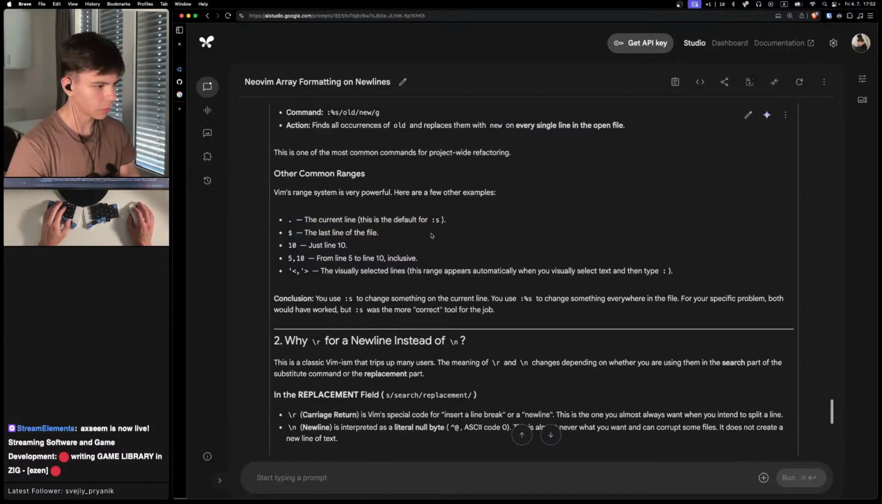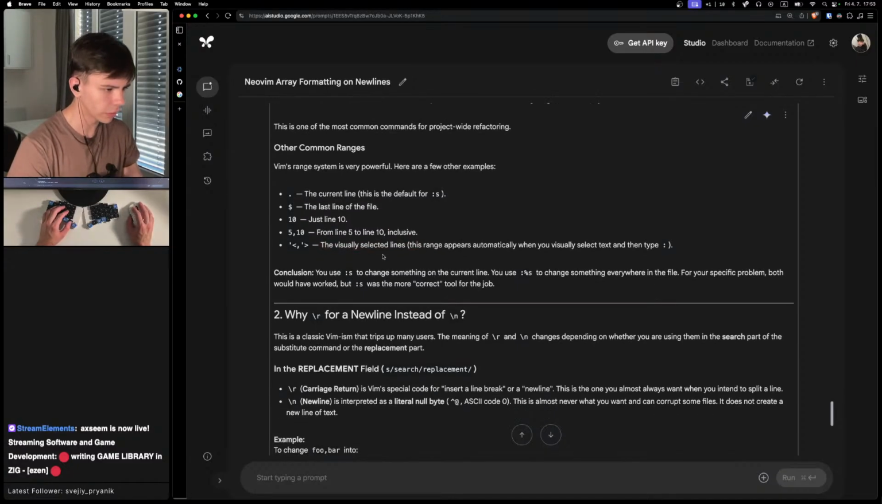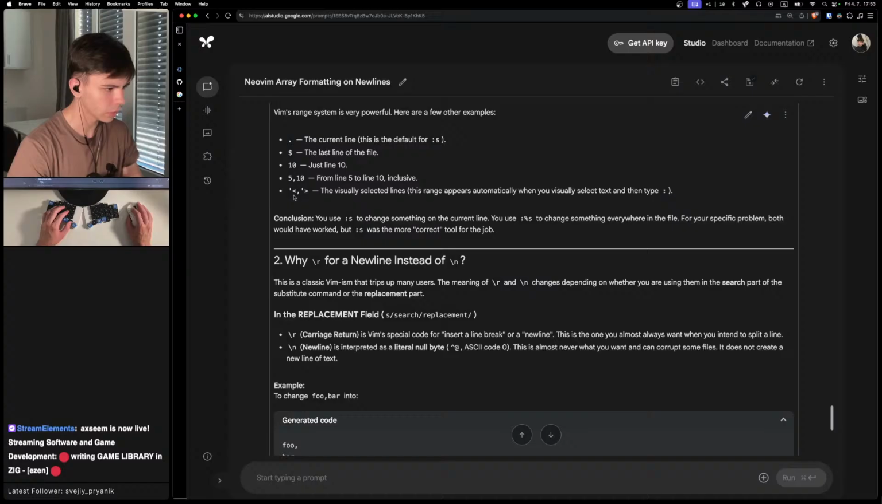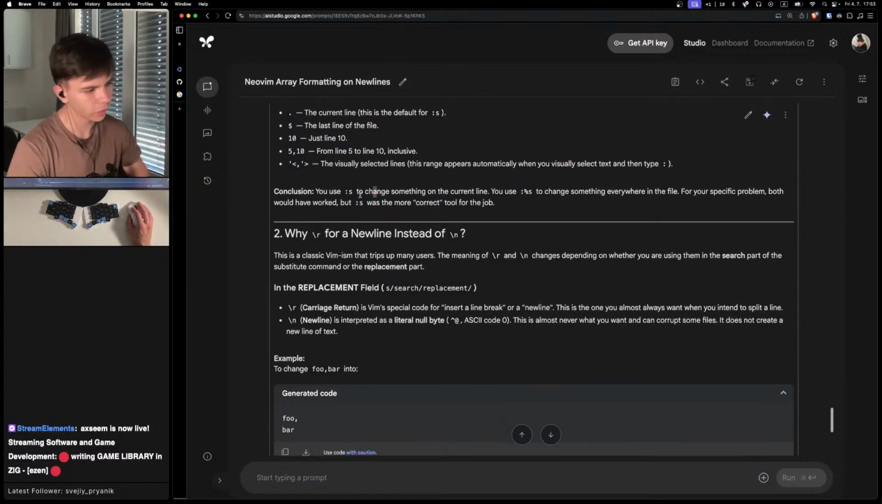This is default for just line 10. From line 5 to 10. Okay, that's so good. Not gonna lie, that's so good. The visually selected lines. This one is also really good. This range appears automatically when you visually select text and type colon. Okay. Conclusion: you can use I